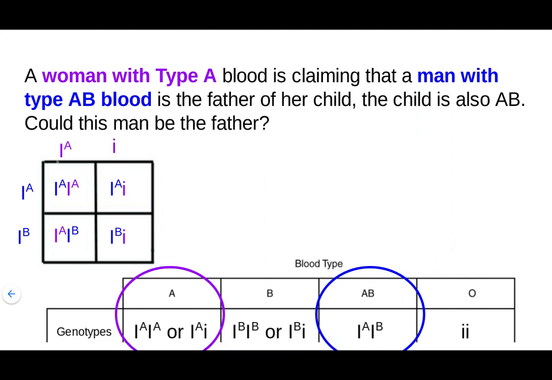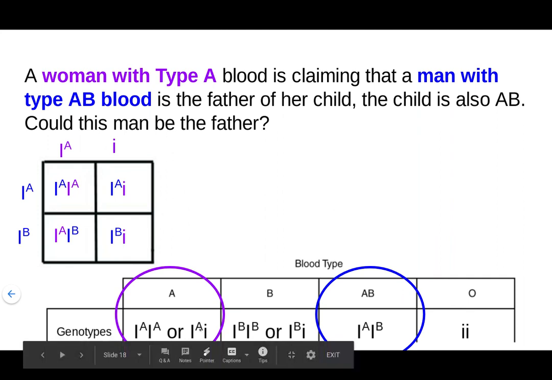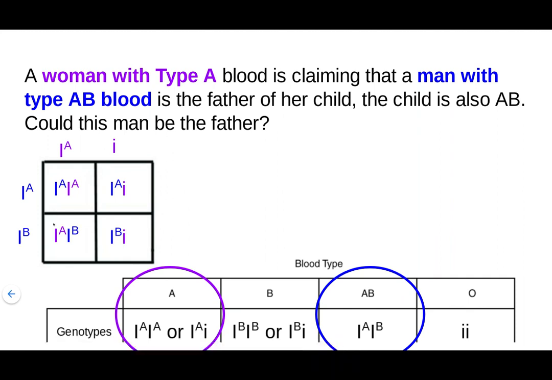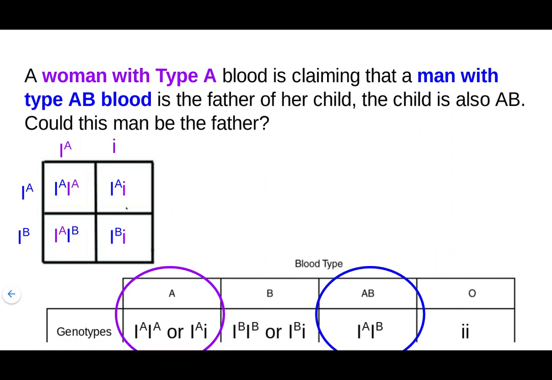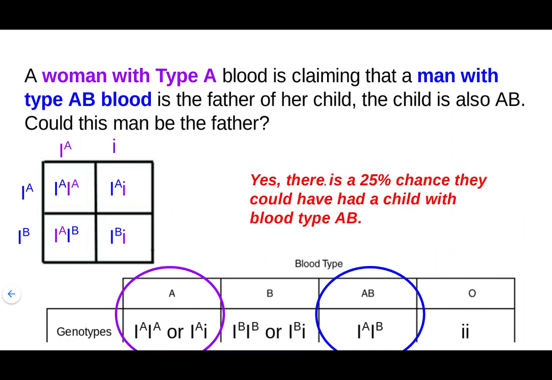This child right here could potentially be blood type A, if that's what they inherit. This child is also blood type A. They are just the heterozygous version of it. This child down here would be AB. They have capital IA, capital IB. And this last one here is going to be blood type B because they have the dominant IB with the recessive i. So in this case, yes, there's a 25% chance they could have